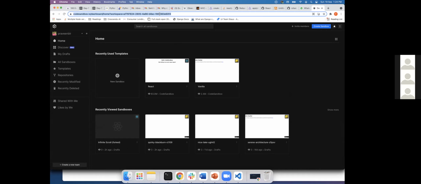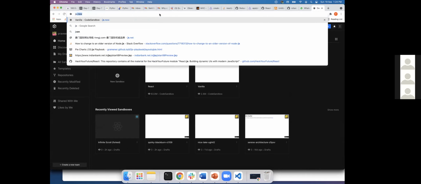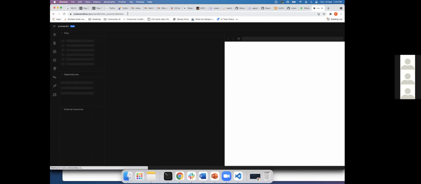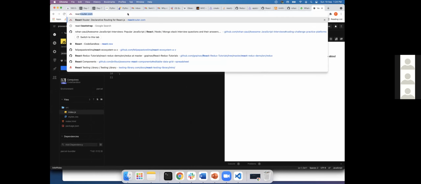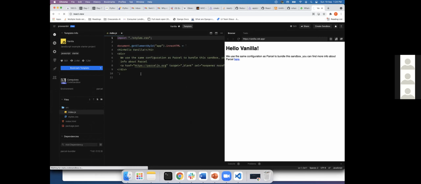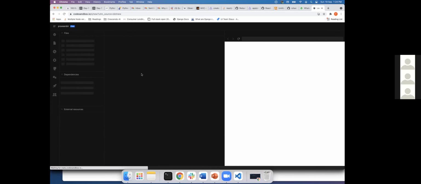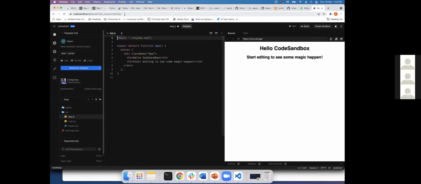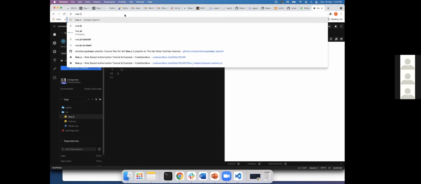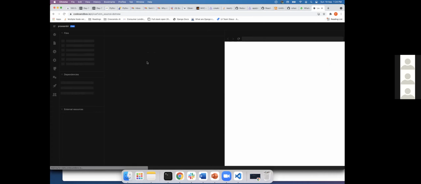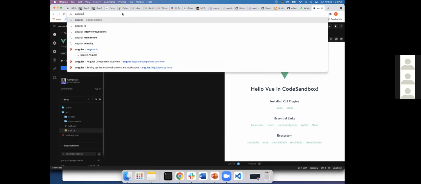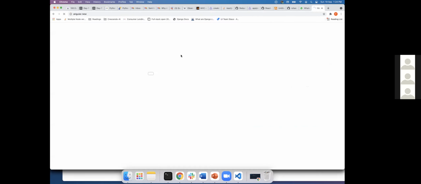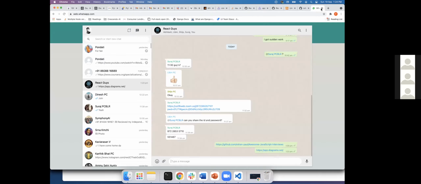There are a few shortcuts also. If you use js.new, it will open the vanilla JS template. If you use react.new, it uses a React-based template out of the box to start with. You can use vue.new too, but not everything is available. I've seen Vue, React.new and JS.new, but I have never seen Angular.new. I tried it and I don't know whether it works; Angular was not working. So this is also one of the tools you can use.